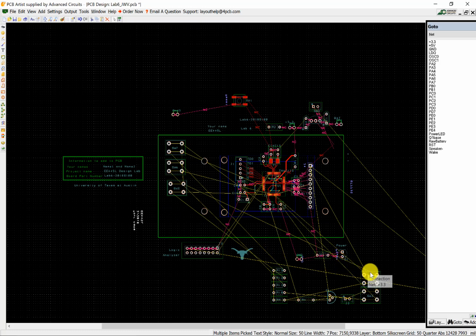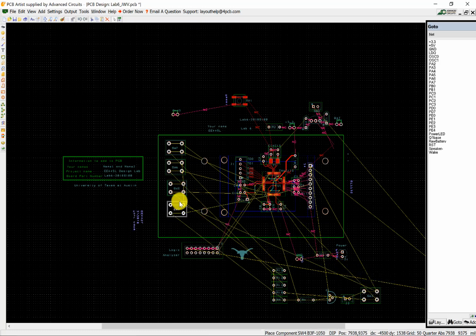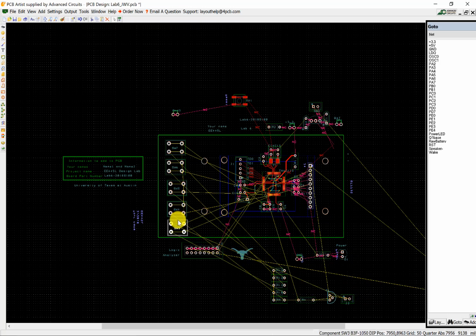Now these switches, it doesn't really matter which side of the board they're on because it's symmetric. I could put them on either side. So I want to go around and think about where I want my reset button. Do I want to push my reset button from the bottom of the box? If you look at my box here, the hole for the reset button is actually on the bottom of my box. And so I'm going to put the reset button on the top of this PCB,